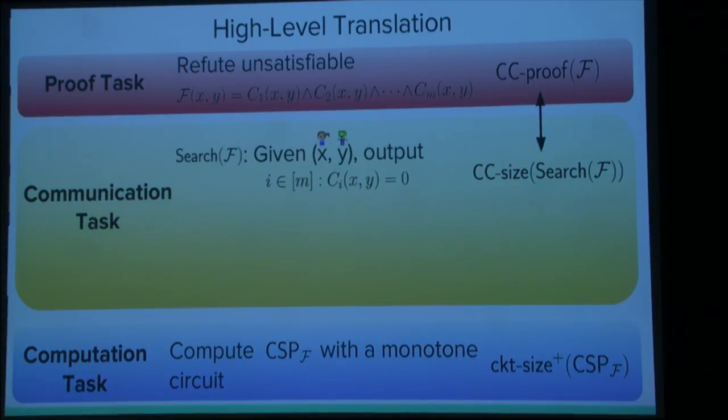So what I'm going to do is relate these CC proofs to this search problem. Associated with this unsatisfiable CNF is a natural communication task between two players. It's just the following. Alice gets some input x, and Bob gets some input y. And then they want to output one of the clauses that's falsified, like output the name of a clause that's falsified by that assignment. That's the usual communication task that appears in previous